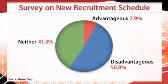But is it causing any problem? Seems so. If you can look over here, this is from a recent survey of university students, and many say the later starting date puts them at a disadvantage. I see. Well, why is that? Well, some of the reasons include not having enough time to apply to alternative companies if they're not hired by their first choice companies. And also the schedule overlaps with graduation thesis, which gives them little time to prepare for